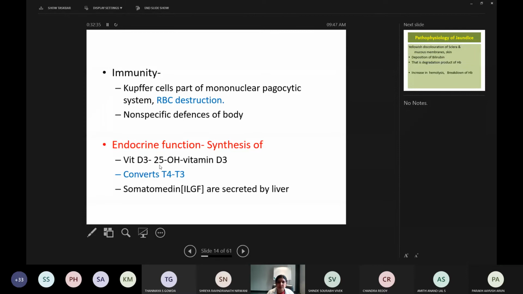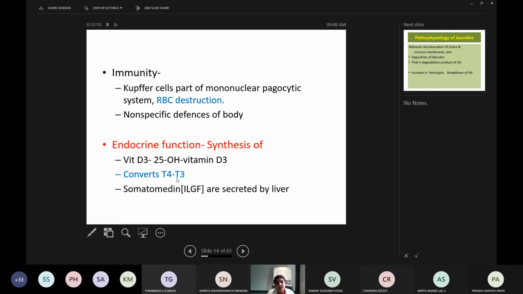Then the endocrine function of the liver is basically the synthesis of active vitamin D from vitamin D3. Vitamin D is formed when sun rays are absorbed through the skin, and that will go into the liver, and there 25-hydroxy vitamin D3 is formed. This will go to the kidney, and 1,25-dihydroxycholecalciferol is formed in the kidney. So this step of vitamin D3 to 25-hydroxy vitamin D3 occurs in the liver. So if fatty liver or cirrhosis of liver occurs, this step will not occur. So the person will ultimately suffer, over a longer duration, from lack of vitamin D. And it is the site for conversion of T4 into the active T3 form.